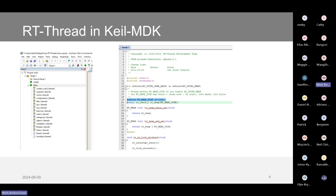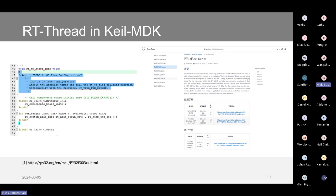Another issue with those chips is that while you can get bare minimum implementations of RT-Thread for some of them, but not all, most don't have a full BSP package. So you will run into stuff like this, which would be a live demo of µVision. You see in the comment on the left that the tick configuration is not done, and you have to implement it manually to get it up and running with RT-Thread,